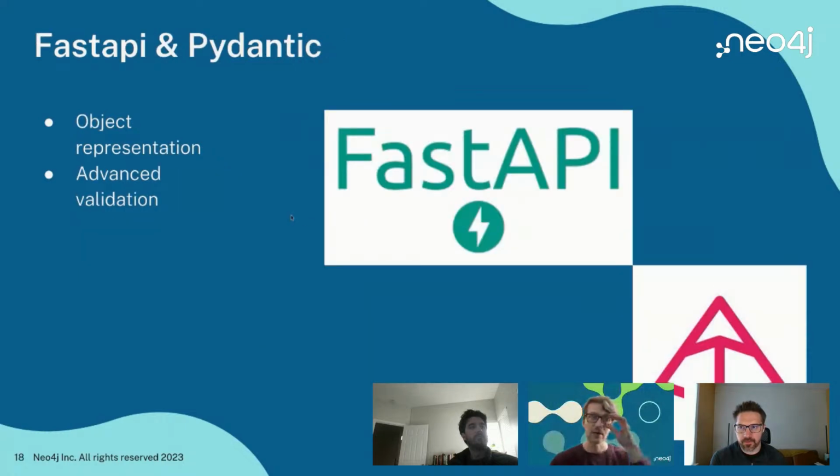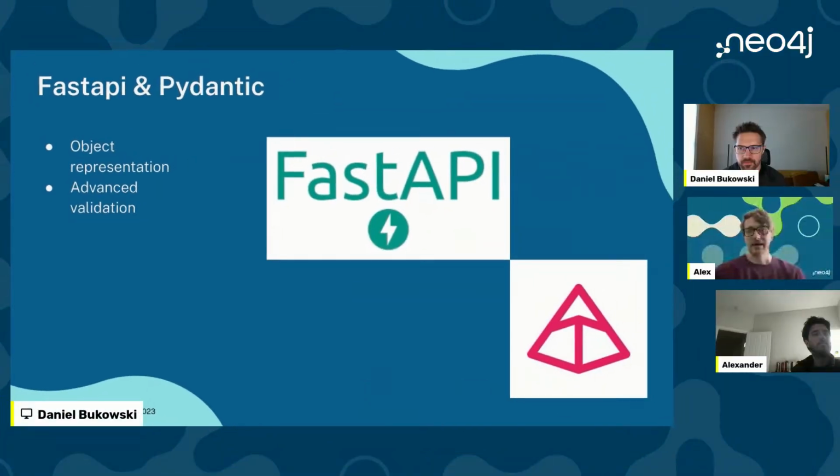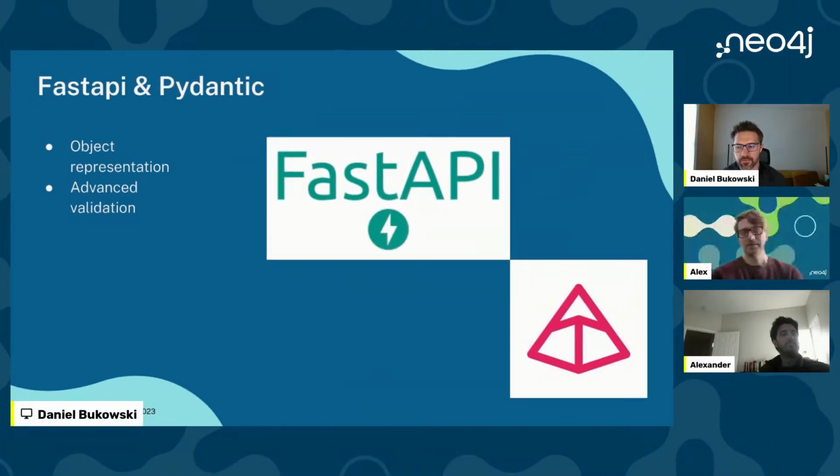And so FastAPI uses Pydantic, which is basically like Python with advanced type validation. And so what this allowed us to do was to do some heavy validation of the incoming requests. So we were able to make sure that we were getting exactly what we needed to send to the LLM, since